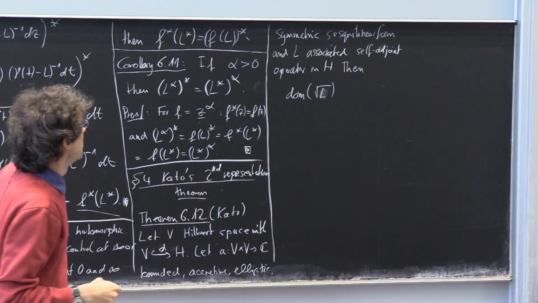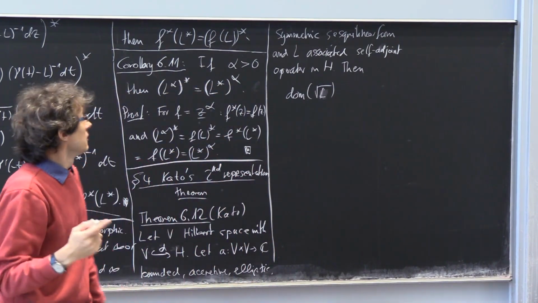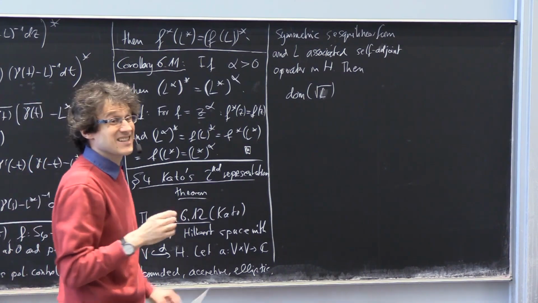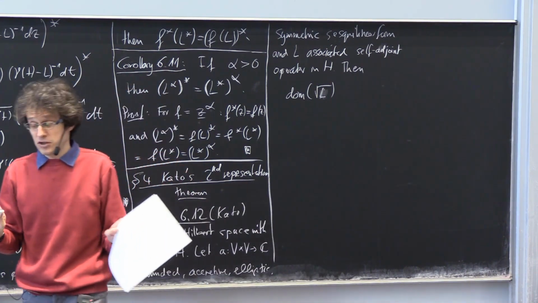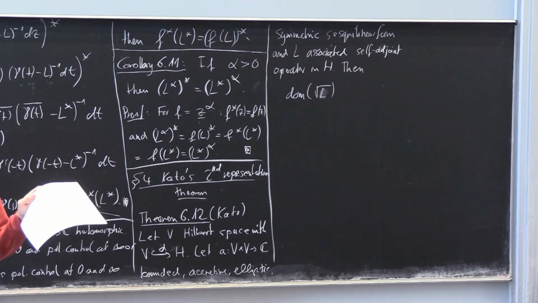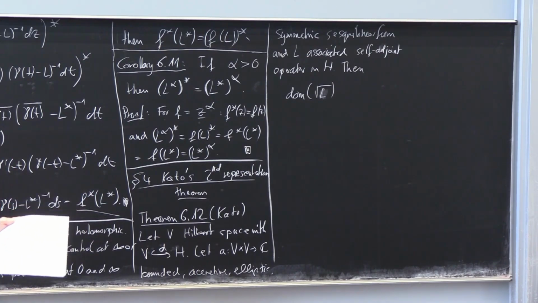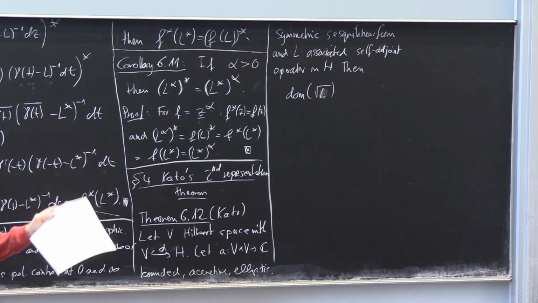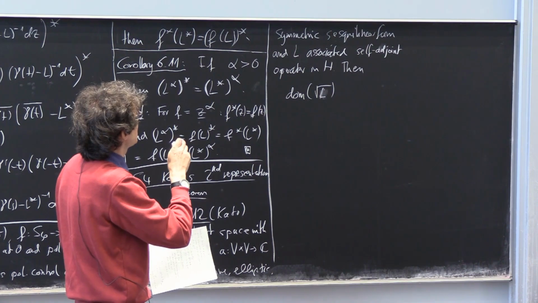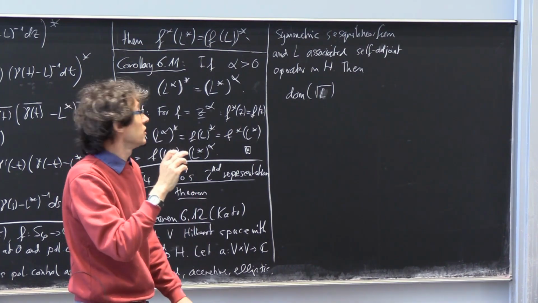L to the 1/2 is well defined by our functional calculus, but the functional calculus doesn't tell us anything about domains. It just tells you there is some domain: it's all the u such that f of Lu is in the range of the regularizer. Some domain. But Kato's theorem tells you that if the operator comes from a symmetric, nice form and is self-adjoint, then